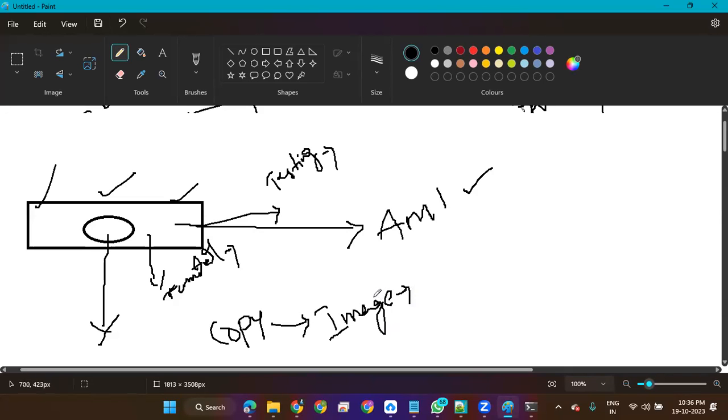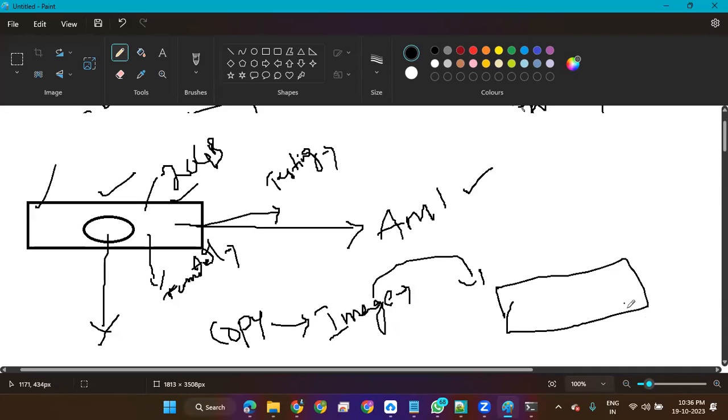And this image, I can run on any operating system, be it Ubuntu or Linux. For example, this server has 20 GB. When I use this backup to create a new server, I can increase the space as well.